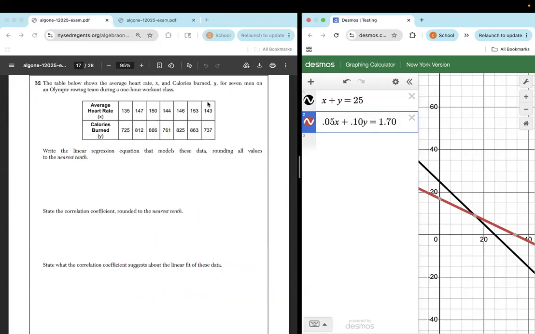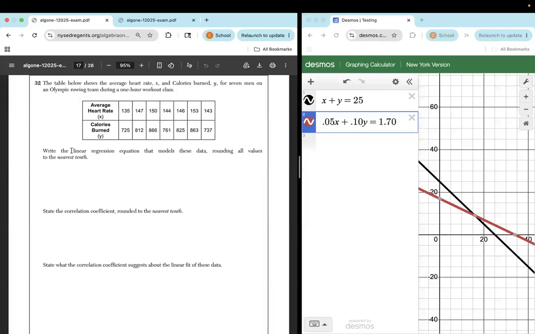The table below shows the average heart rate X and calories burned Y for 7 men on an Olympic rowing team during a 1-hour workout class. So I have average heart rate is X. Those are my X values on top. Calories burned is Y. This is my Y values. Write the linear regression equation. This is a key phrase here that models these data, rounding all values to the nearest tenth. State the correlation coefficient, another key phrase, rounded to the nearest tenth, and then we'll explain what the correlation coefficient